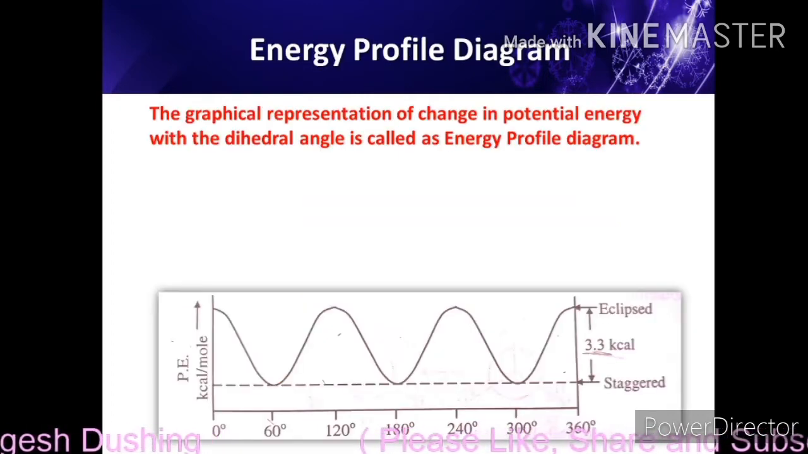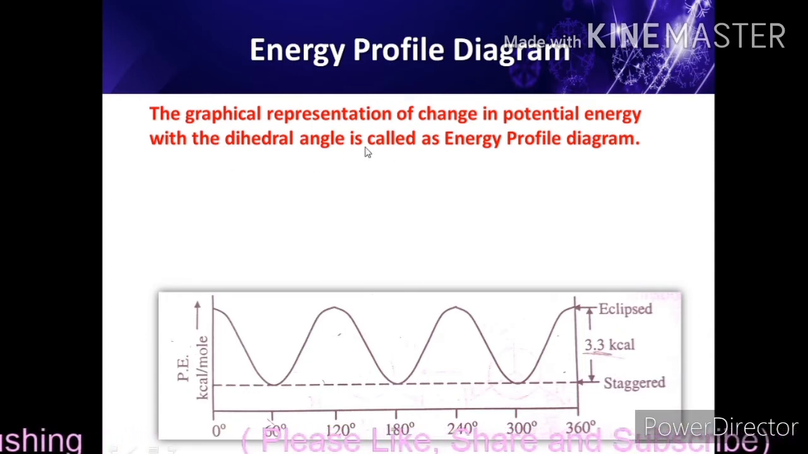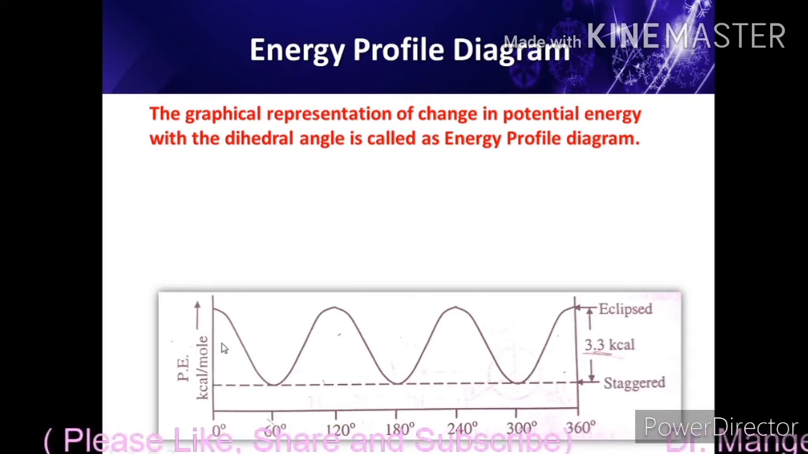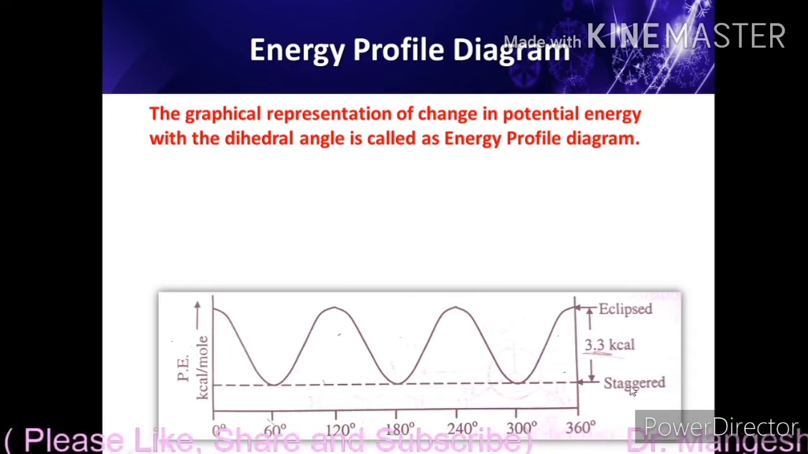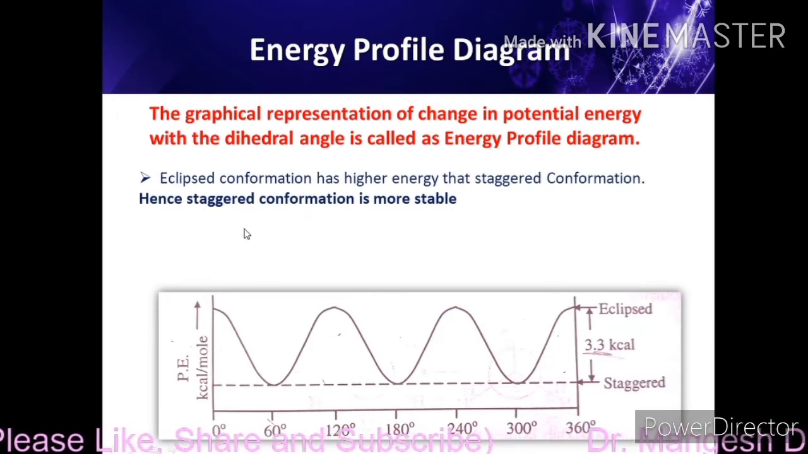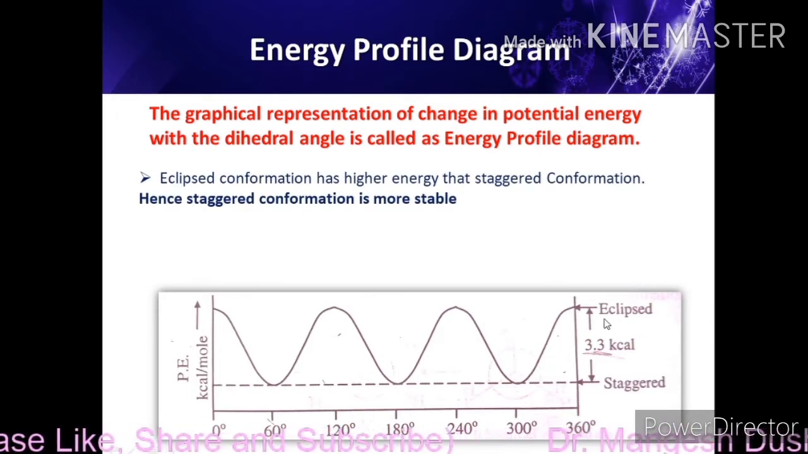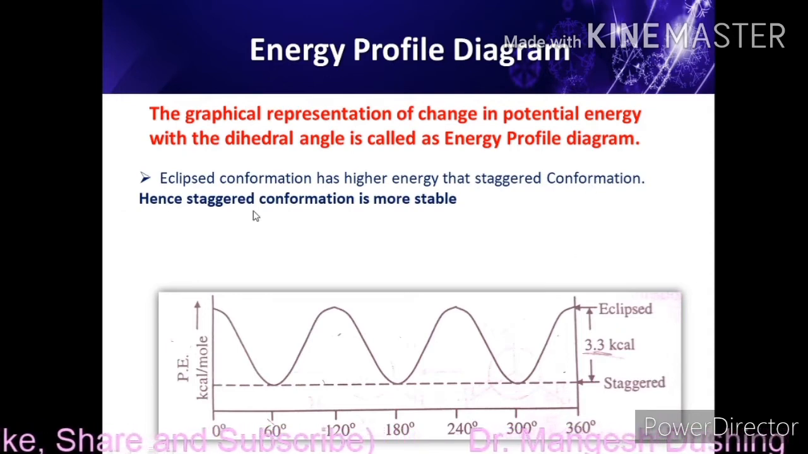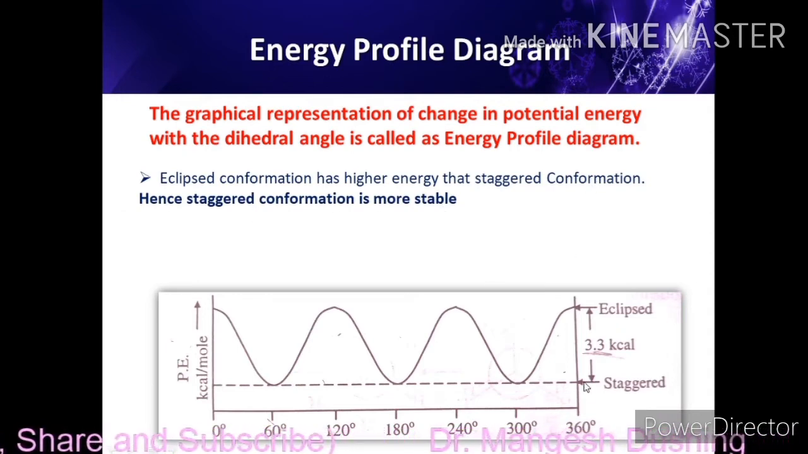Now we will see the energy profile diagram. It's a graphical representation of change in potential energy with the dihedral angle. It's called the energy profile diagram. So it's just a change in potential energy versus dihedral angle. As we know that there are only two conformations, one is eclipsed, one is staggered. So eclipsed conformation has a higher energy than the staggered conformation, and hence staggered conformation is more stable as it